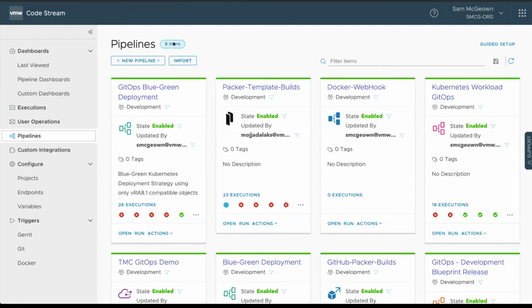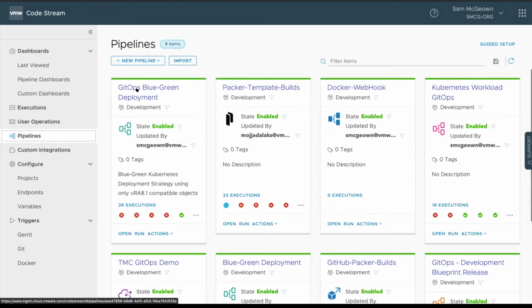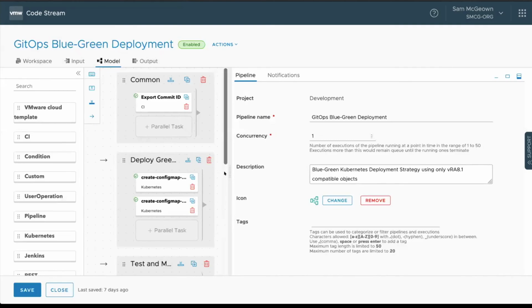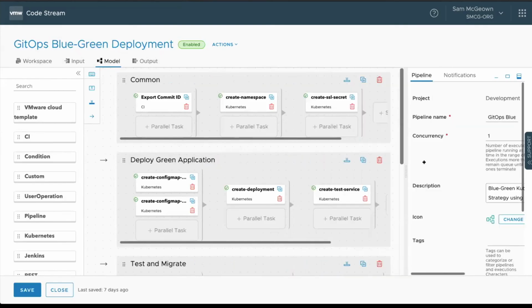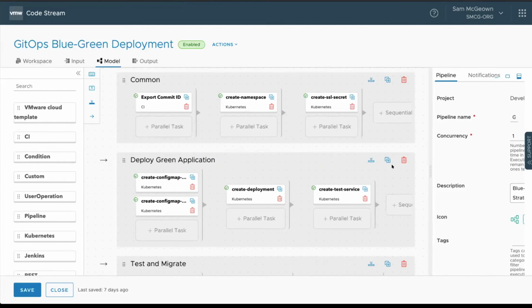Okay, so I'm going to have a look at another one of these pipelines, the one I mentioned earlier, this GitOps blue-green deployment. The idea of this pipeline is that it's a Kubernetes application. Again, the YAML file configurations are on my Git account. And what I'm going to do is push an update to my Git account. So I'm going to update the YAML, and then that should trigger the pipeline call and then start updating the